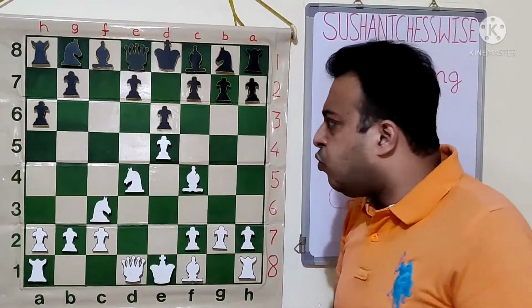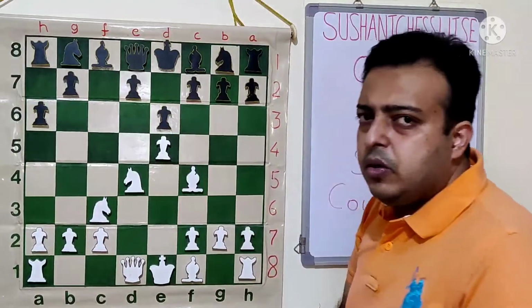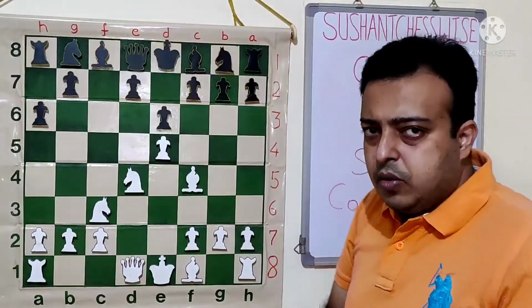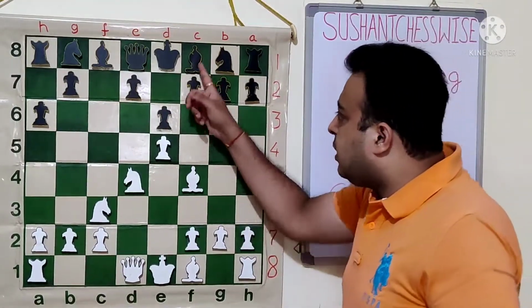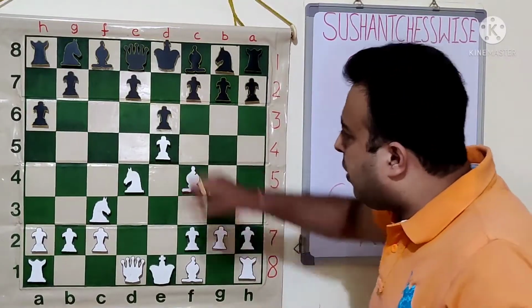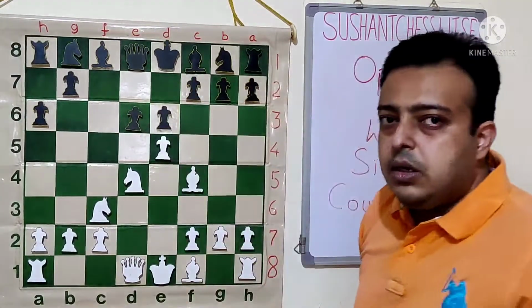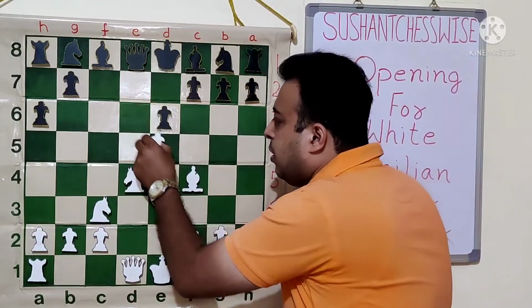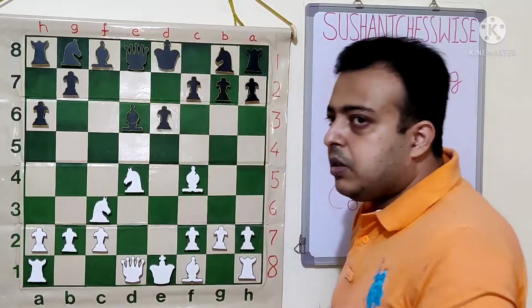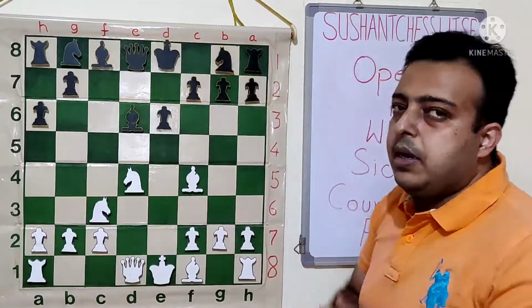Here black can try two things. Either he can try to give the pawn up by playing d6 and try to recover it, okay? Or else he can try the move bishop b4. So we will have a look at both the moves. After the move d6, it looks like after ed bd6, black can recover the pawn and complete his development by